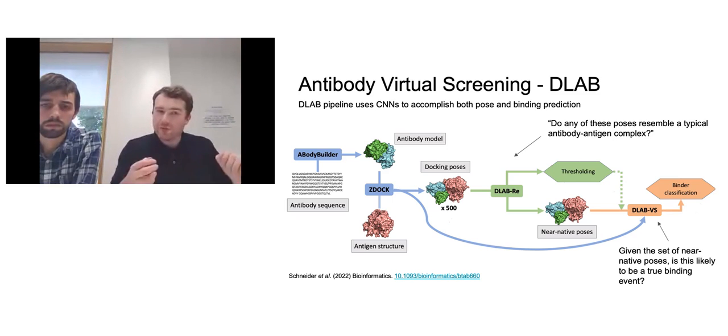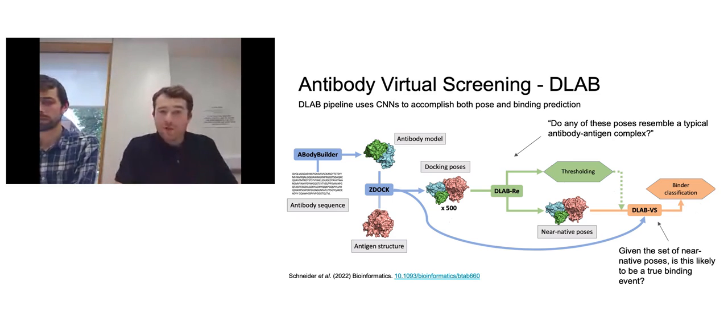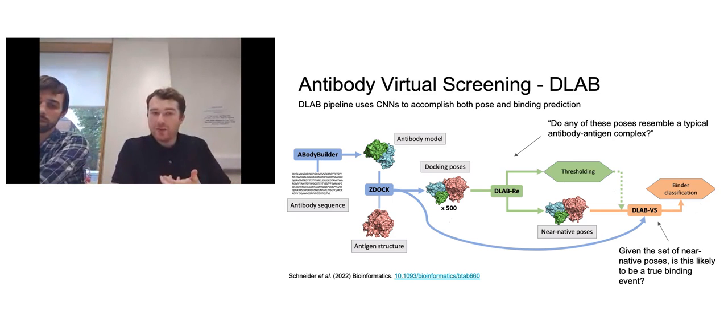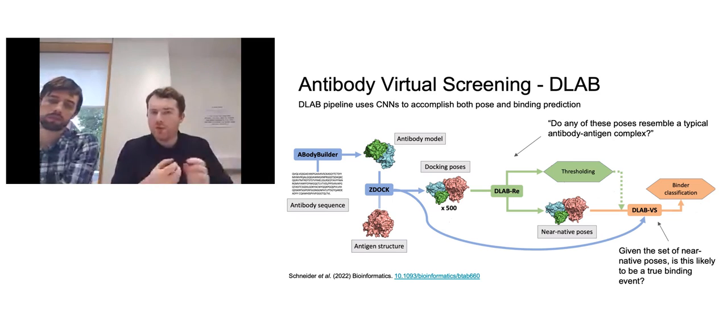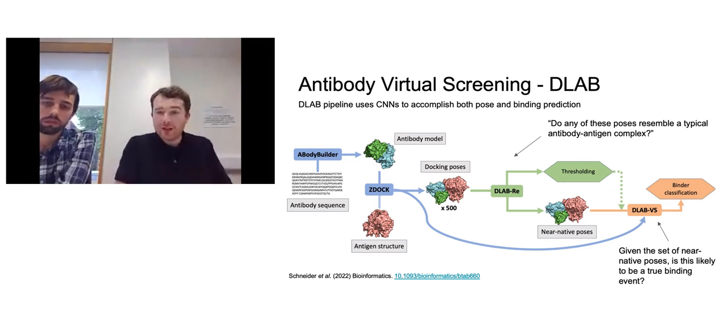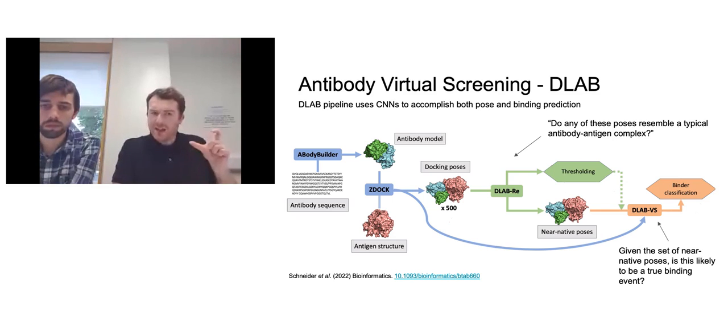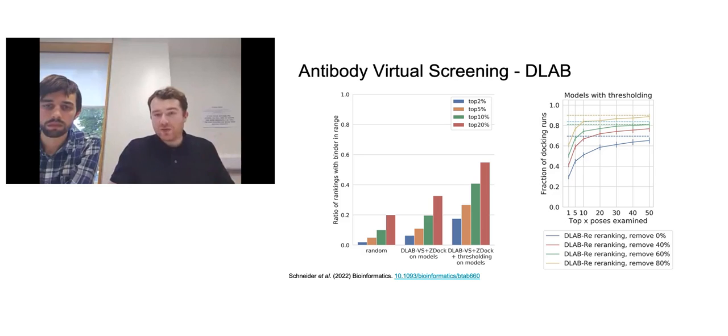And so from that, you can reduce it down to a set of poses by thresholding at some level of confidence, or taking the top n%. You were saying earlier about not feeding noise into your model; this way you arrive at your best chance for predicting binding. And then given this, you can take a second network, trained in a slightly different way for a different task, DLab virtual screening or DLab VS, to predict whether this good guess for how they sit together is a true binding event, or just some spurious 3D shape complementarity that can't form any interesting interactions.